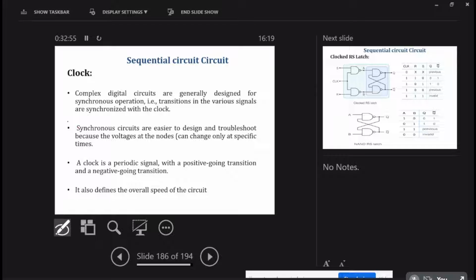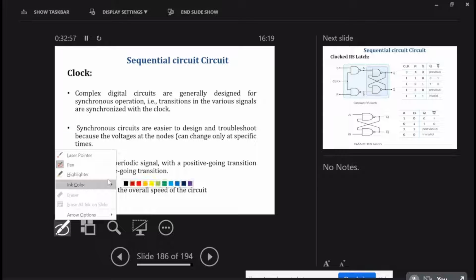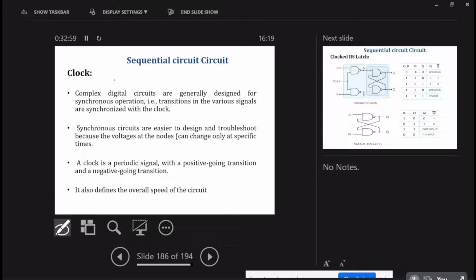Okay, so for that, see here, the clock is the periodic sequence of some pulses. So this is the clock. This also decides the speed or the frequency of the data processing or the data transmission. Okay, for that purpose we are utilizing